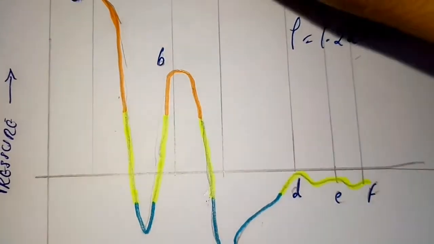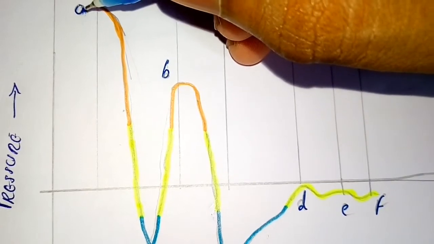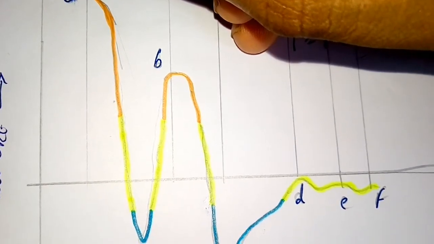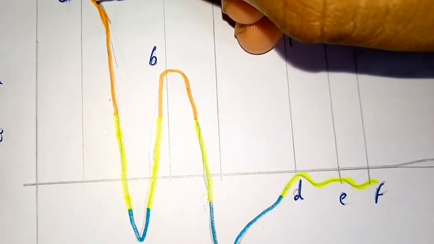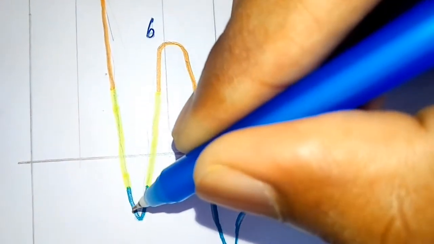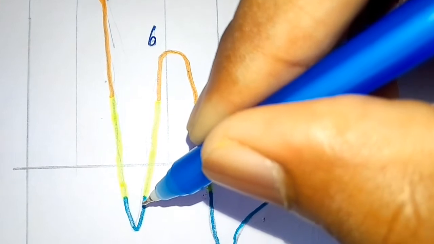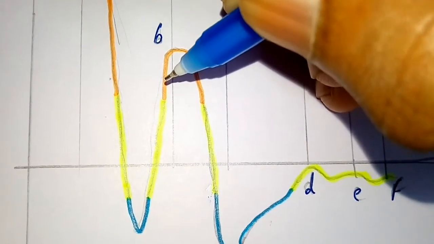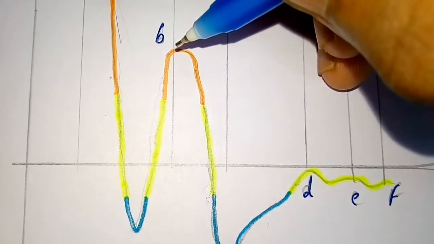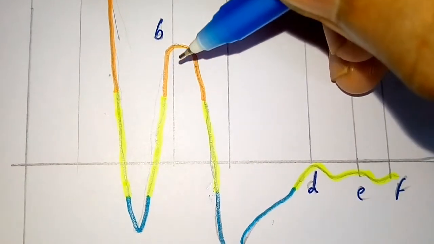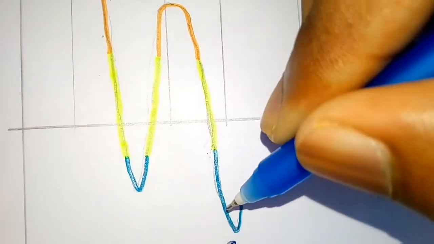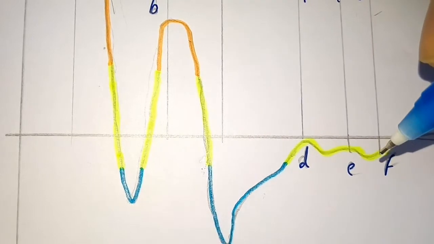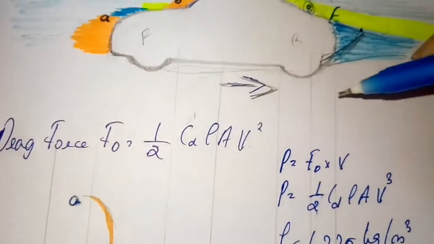This is the graph that shows the pressure difference. A is the frontal region, where we have the grill of the vehicle, and there will be very high pressure. The pressure will be reduced when we reach the hood of the vehicle, and it will reach a very low pressure region at the beginning of the hood, and it will rise again until we reach the beginning of the windshield. There will be very high pressure, the orange region, and it will again drop and reach a very low pressure region at the roof of the vehicle, and it will remain an intermediate pressure region until the point F, which is the tail of the vehicle. You can see the point F.